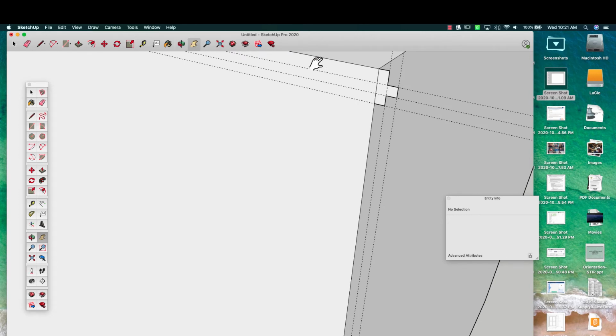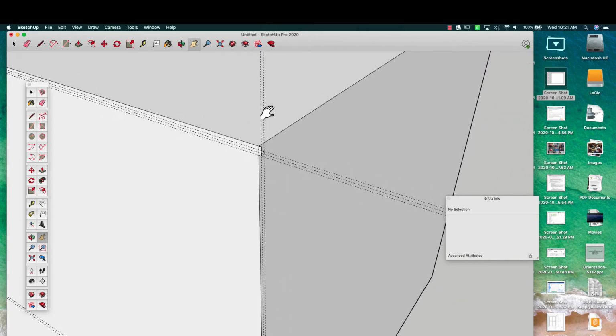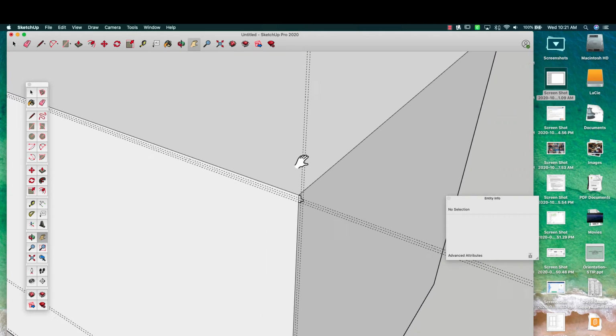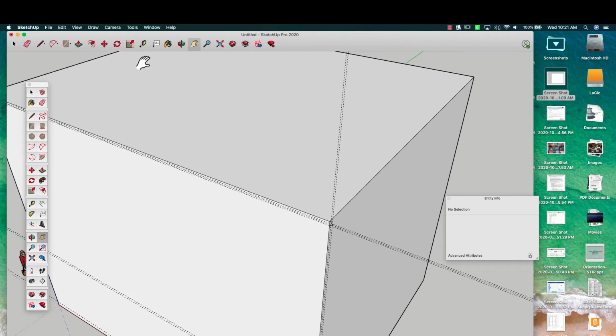And I'm going to orbit a little bit so I can see it. I'm panning. Okay, so now comes the fun part. I need to select all 4 edges, because I'm going to use the follow me tool. And that's going to be my path. So I'm selecting